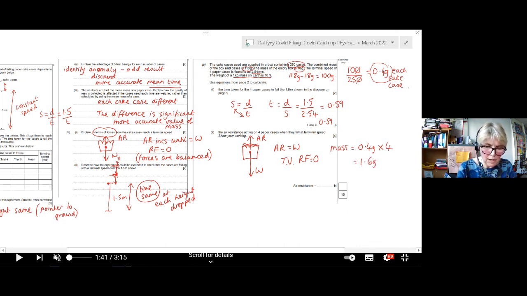1.6 grams. And then what we've got to do now is we know 1 kilogram weighs 10 newtons. We've got to divide this by 1,000 to get it into kilograms. So that's 1.6 times 10 to the minus 3 kilograms. And then we've got to times it by 10 to get it into newtons. So that would be 1.6 times 10 to the minus 2. Now you can write it as 0.016, or you can leave it in standard form, 1.6 times 10 to the